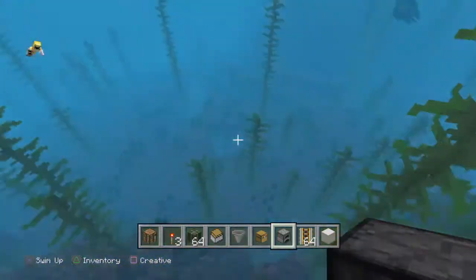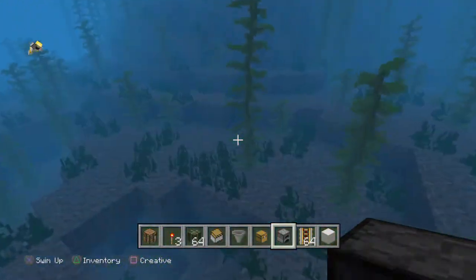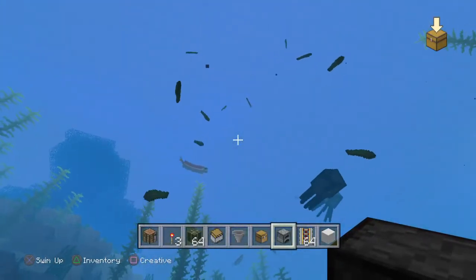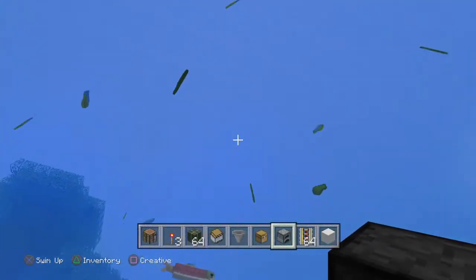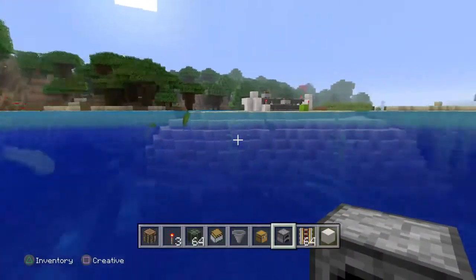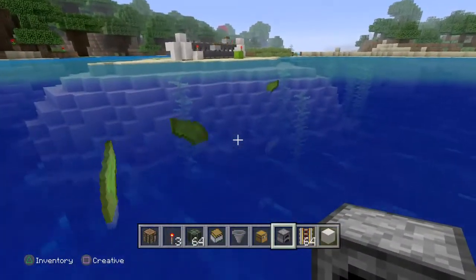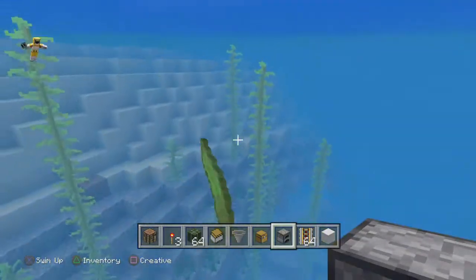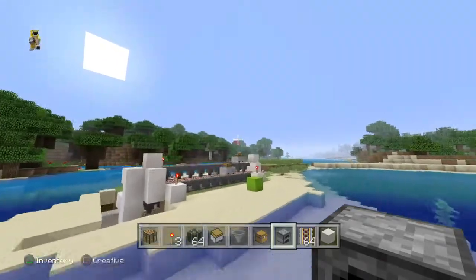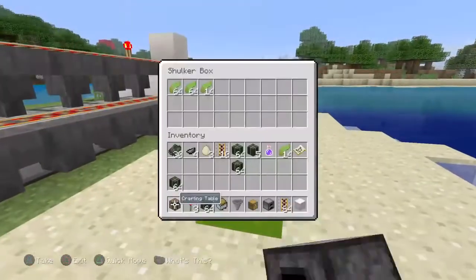All you're going to do is swim down to the bottom. Just bust off the bottom piece of the stack, and all the kelp is going to break the entire stalk and float, which is something new in the update. Everything's going to float to the surface. It's going to make it very easy to collect. You can see here it's coming out all the way from the bottom. Alright, and what you would do is collect all your kelp,